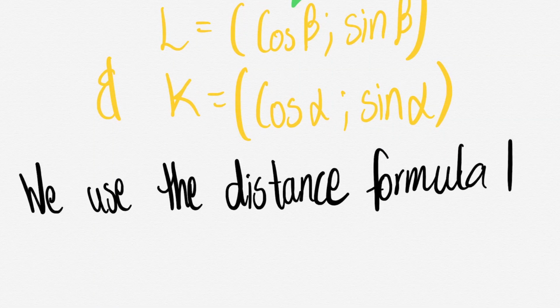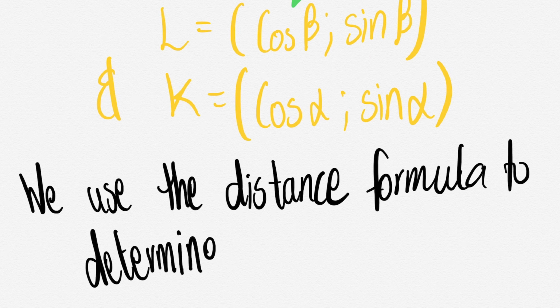So now, what we do to find the distance between the K and the L, you naturally need to do the distance formula. So we need KL squared